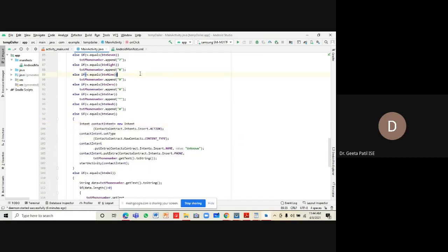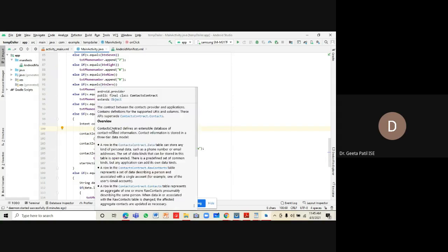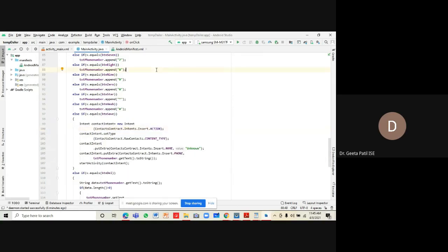The intent is used for communicating between multiple different apps. So what type of intent is this? It is a contacts contract type of intent. It is supposed to take some action. The action can be either writing, reading the contacts, and so on.